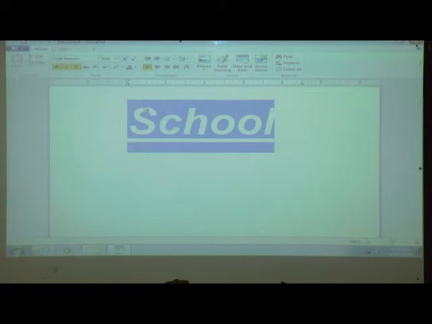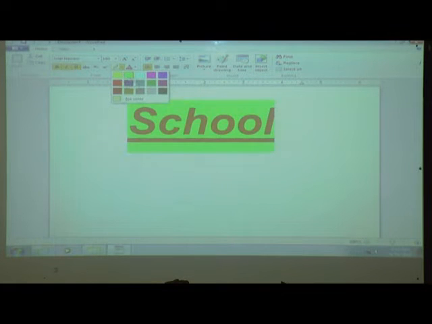Suppose, what is the use of this color? Highlighter means what? Got it? What is the use of this color and what is the use of this color? Suppose we want to give text color, then A is useful for giving color to text, and suppose we want to give a background or highlighter, that time we must select this.